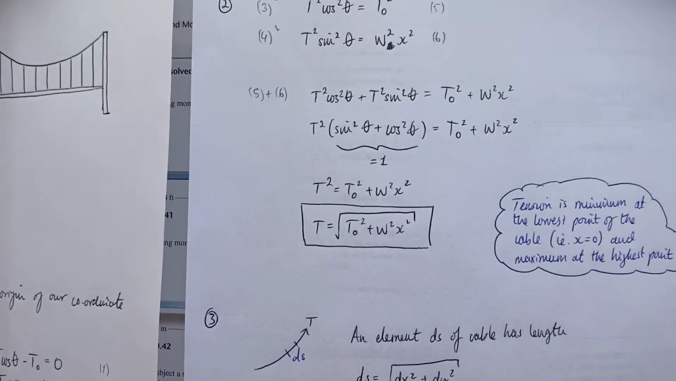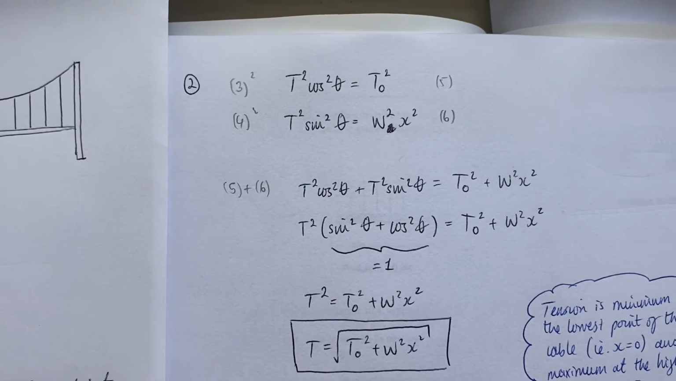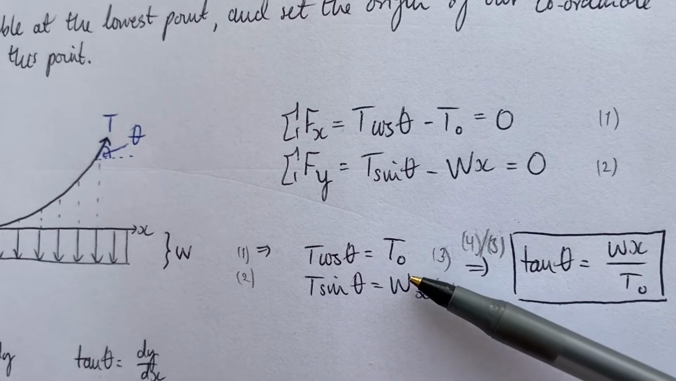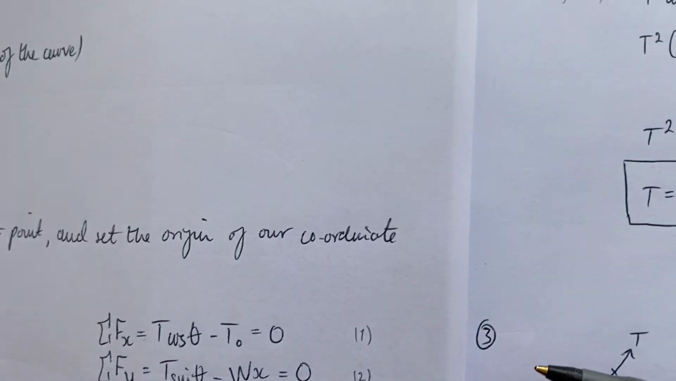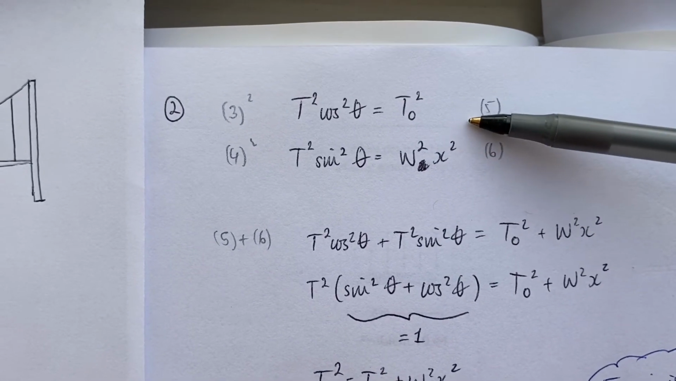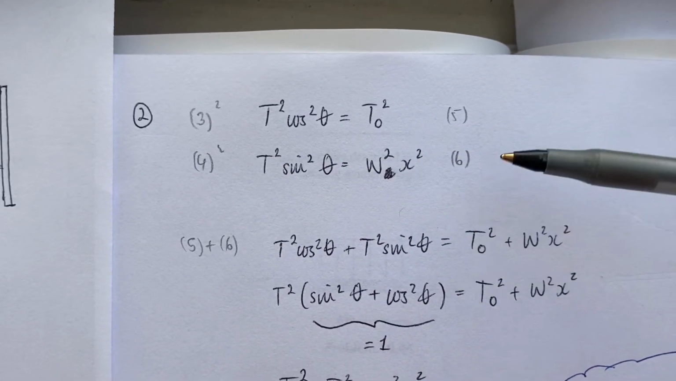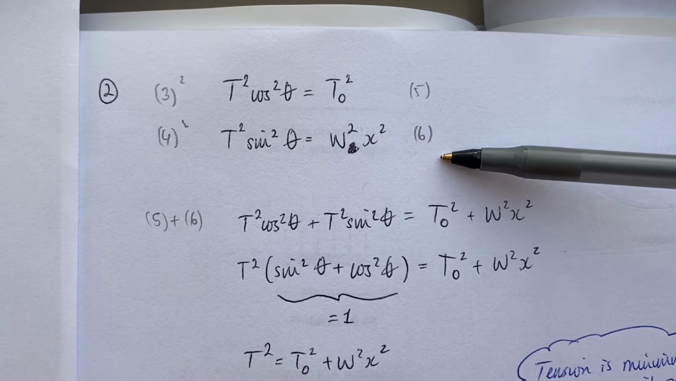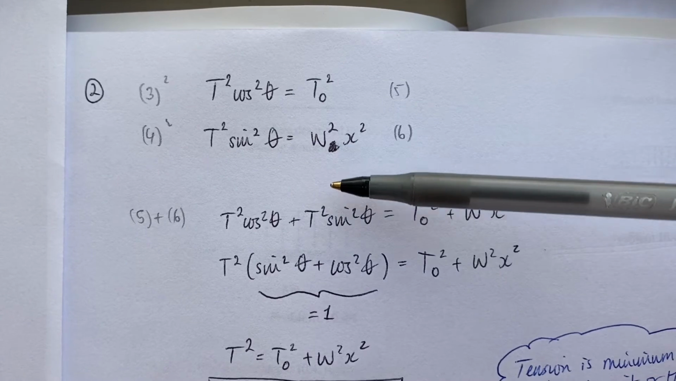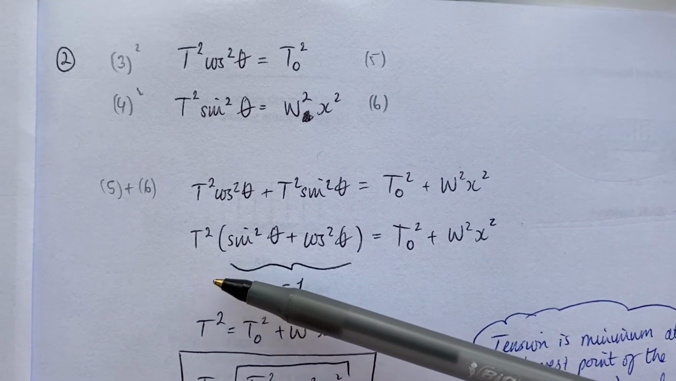So up here I've gone back and used equations 3 and 4, which you'll recall were these two down here. So what happens is if I square both of those, I get the following. So all I've done is just squared each term on the left and right hand sides of both of those equations, and I've called those equations 5 and 6. So if I add these two things together, I get this, and then I can factorize the t squared out to get this,